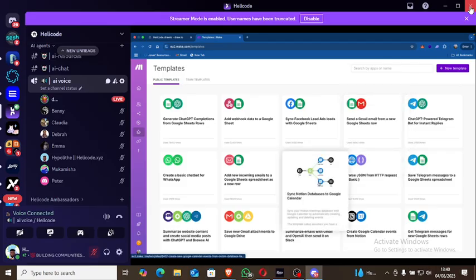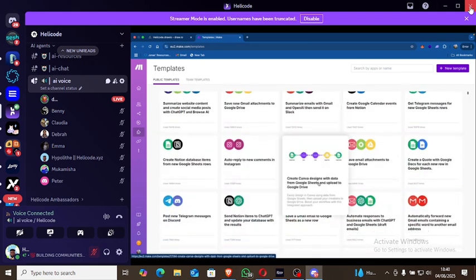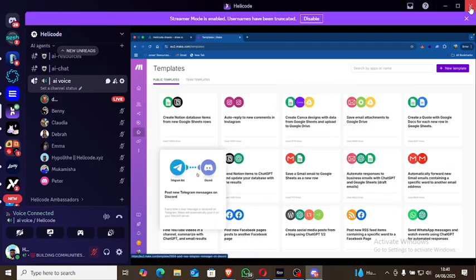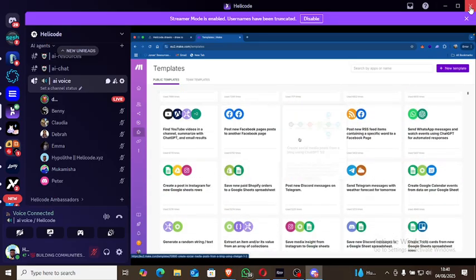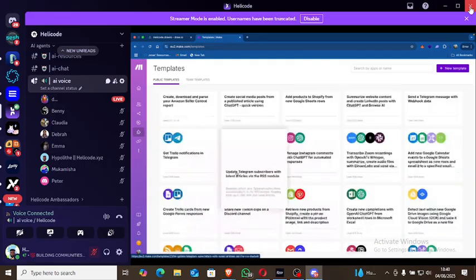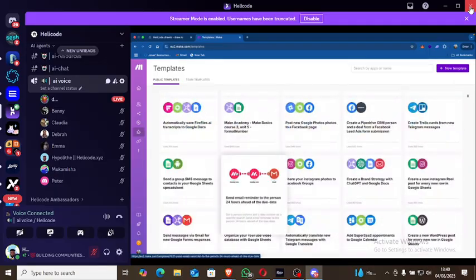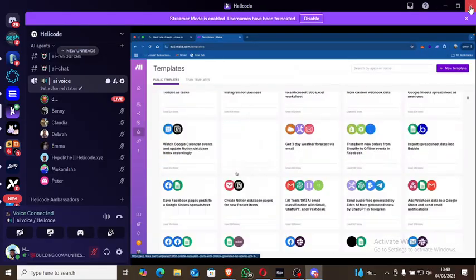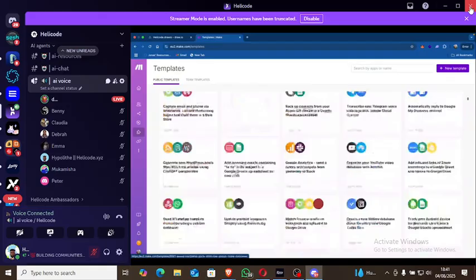So for CRM, for Notion, you can see you can connect a lot of things. You can connect Canva design, you can do Discord and Telegram bot, you can do WordPress, social media. I think there are hundreds of different templates you have. Okay, so these are all existing templates that you can use for your flow, or you can create your own. Okay, so you can see all these things,